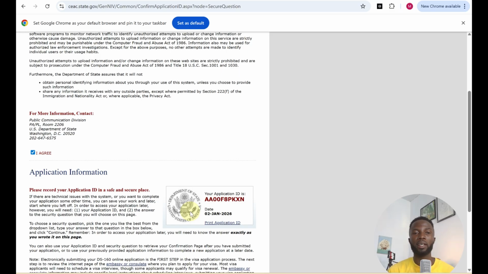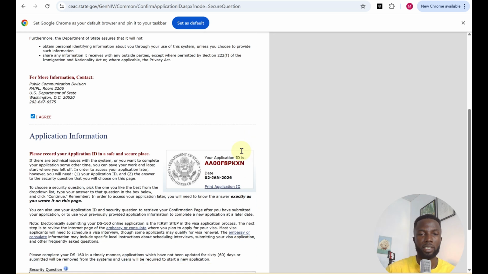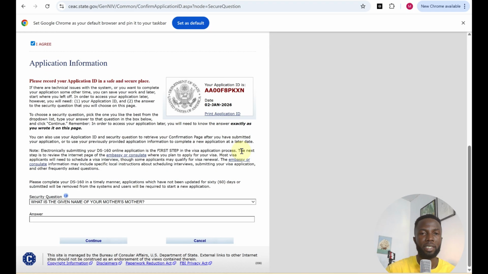That way, if you are doing your application and you couldn't complete it and you want to continue, you will need this ID in order to retrieve an existing application or an application that has been submitted. So as we've gotten the information about it, the next thing we are going to do is